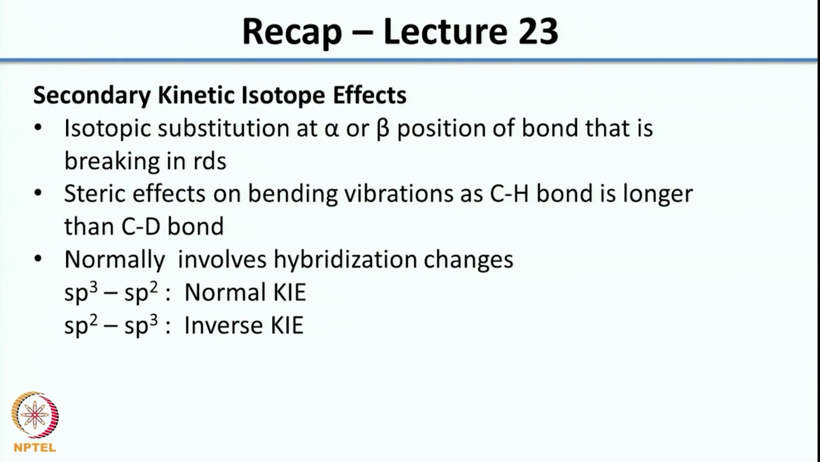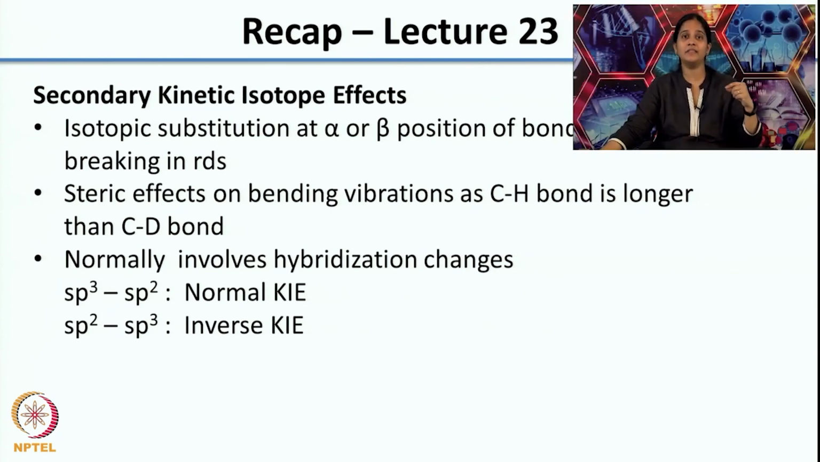So, welcome back. In the previous class we had looked at secondary kinetic isotope effects. In secondary kinetic isotope effects, essentially the bond that is broken in the rate determining step is not where you are doing the isotopic substitution. The isotopic substitution is done at the alpha or beta position of the bond that is breaking in the rate determining step. The second thing is, it is mainly bending vibrations that are important, and the steric effects due to the fact that the CH bond is longer than the CD bond leads to